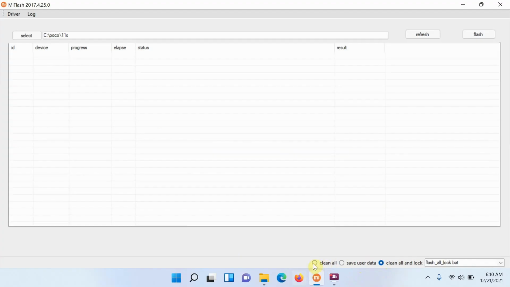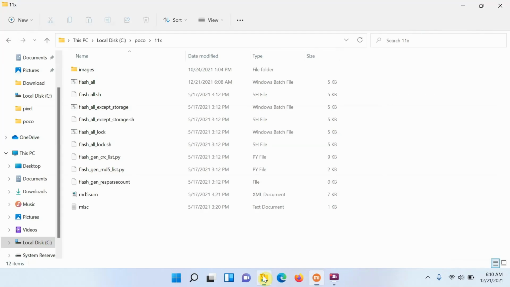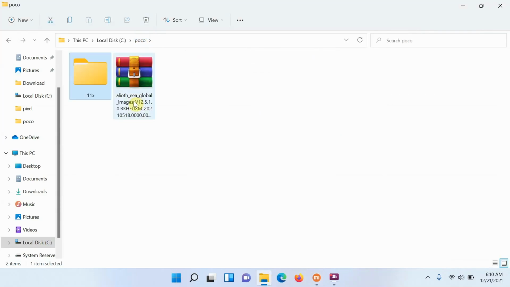Now, first of all, you need to know what option you are choosing. So let us say in my case, I'm using clean all. Then the name of the file is flash_all.bat. Next thing you need to do is go into the folder where you have extracted the fastboot image file. Now, a pro tip over here is that if you renamed the file or if the path is too long, go ahead and put this folder